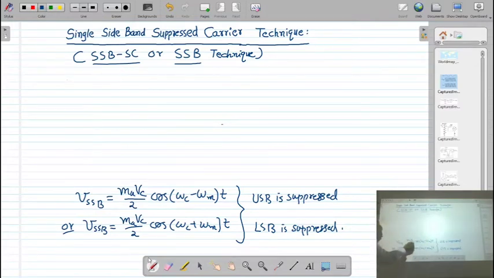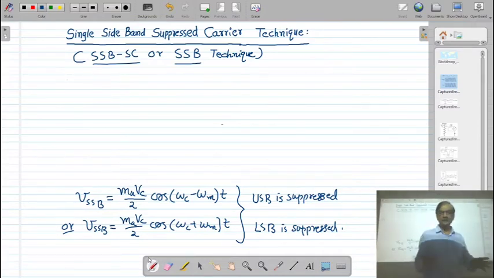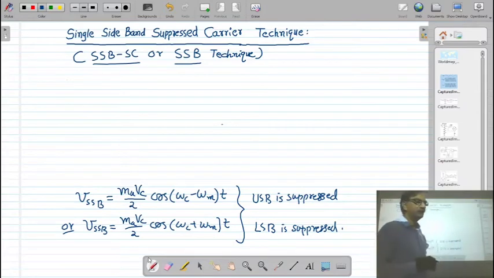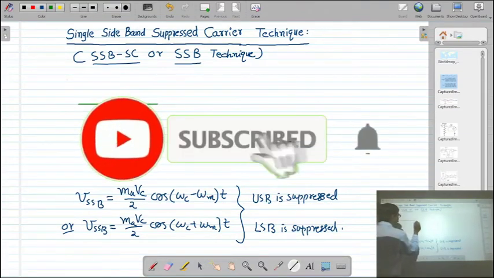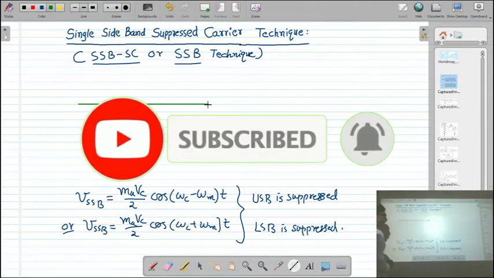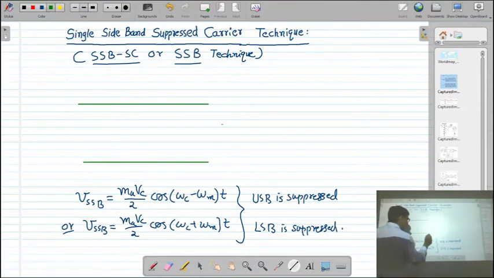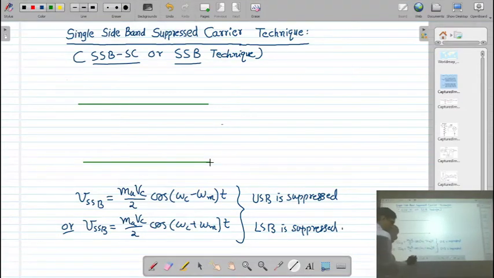So here already you see that the expression contains only one frequency. So in a frequency spectrum also we have to mention only one of the frequencies, either a lower sideband frequency or an upper sideband frequency. So here in this case, if I am transmitting a lower sideband frequency, then we can draw a frequency spectrum